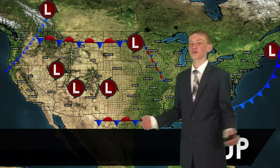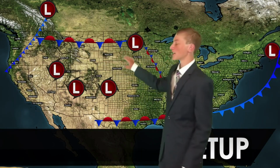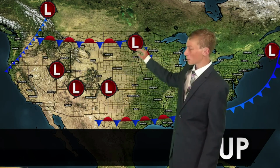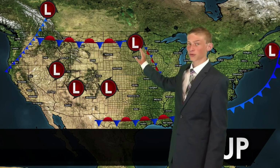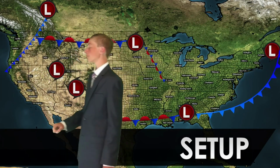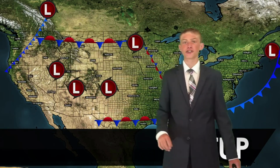So here is our nationwide outlook for today. We have two different stationary fronts across the northern tier of the United States. One of them is connected to an area of low pressure that is now just in the northeastern portion of North Dakota. There's that stationary front really going all the way throughout central Montana and then connecting with a low pressure system that has a cold front running all the way down throughout the interior northwest and then eventually into northern parts of California. Three different areas of low pressure surrounding the Four Corners region,